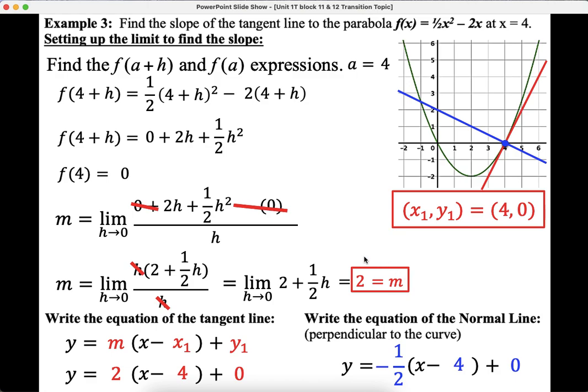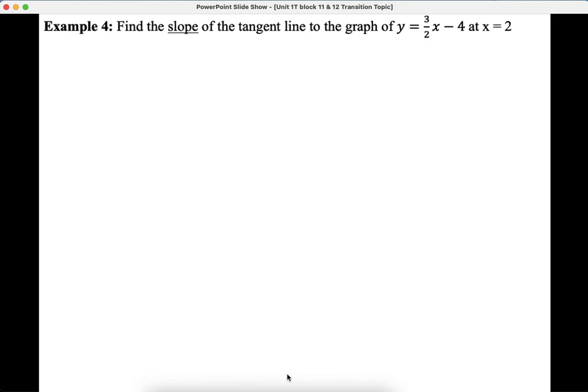Okay, so two big skills: finding the slope of the tangent line and then writing the equations. Slope is a number. The equations are equations. They have x's and y's in them. Okay, so this last example